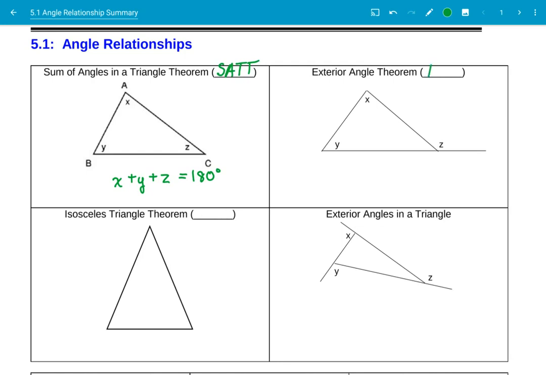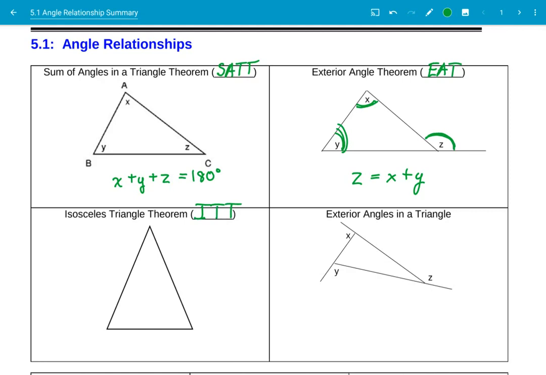Exterior angle theorem, EAT, says that the exterior angle, which is this one here outside of the triangle, Z, is equal to the sum of the interior angles, X and Y. Exterior angle theorem. Isosceles triangle theorem,